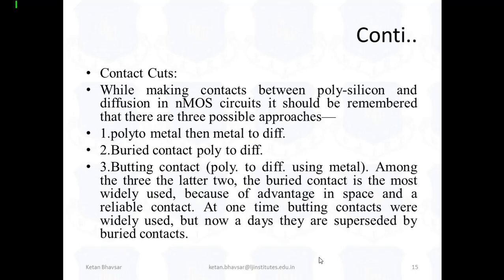So I hope that you like what exactly VLSI technology is and what exactly the VLSI design rules are. Fine. Now for the contact cuts, we have polysilicon to metal, then metal to diffusion, buried contact to diffusion, and butting contacts. When you try to connect any type of the technologies, when you try to connect the P diffusion and N diffusion, or when you try to connect multiple devices on a particular chip area, then these are the certain rules that we have to follow to make connections between the gates to polysilicon, and polysilicon to gates. So these are the certain rules that we have to follow when we design a VLSI technology.